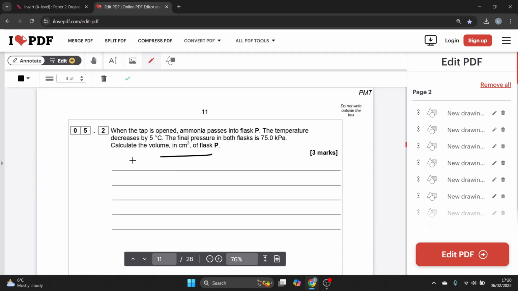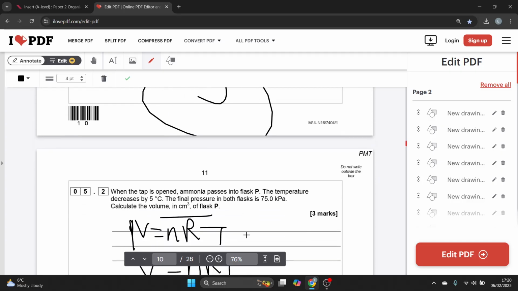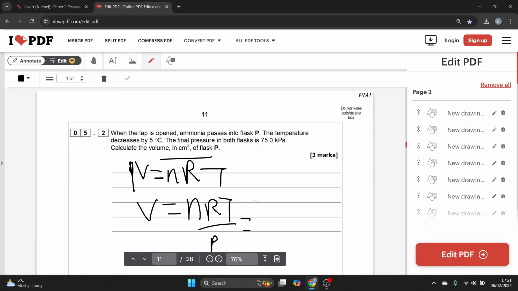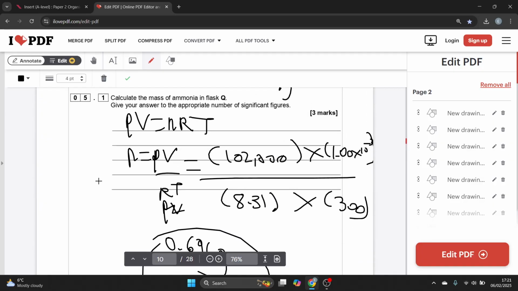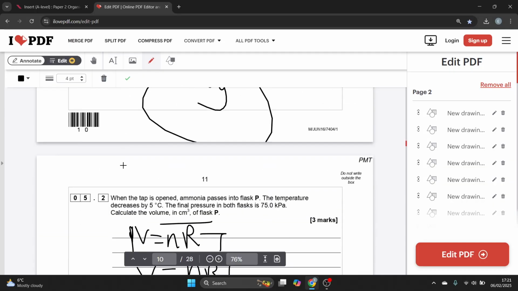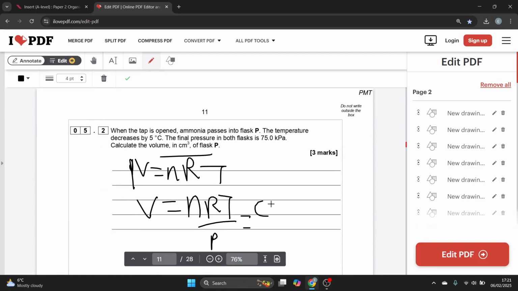First thing, I'm going to use PV equals nRT again, but in this case I want to find the volume. V equals nRT divided by P. The number of moles of ammonia is what I worked out here, so I already know it, times 8.31,